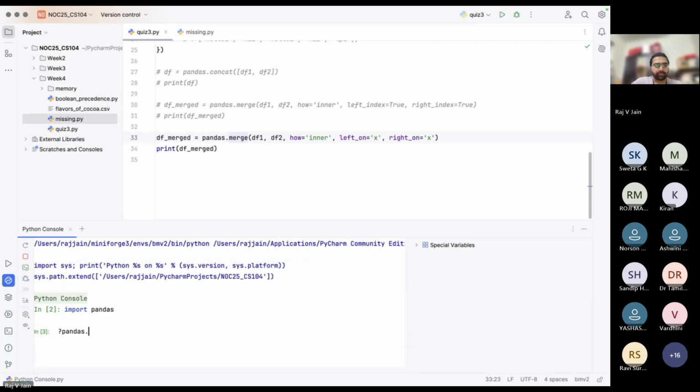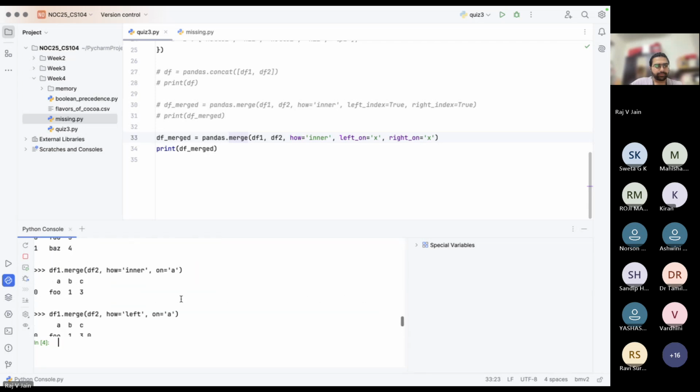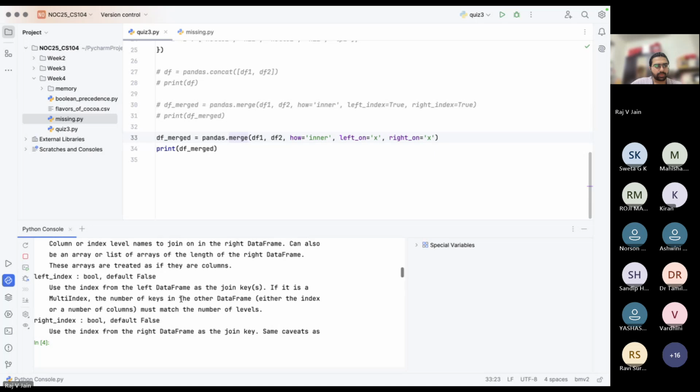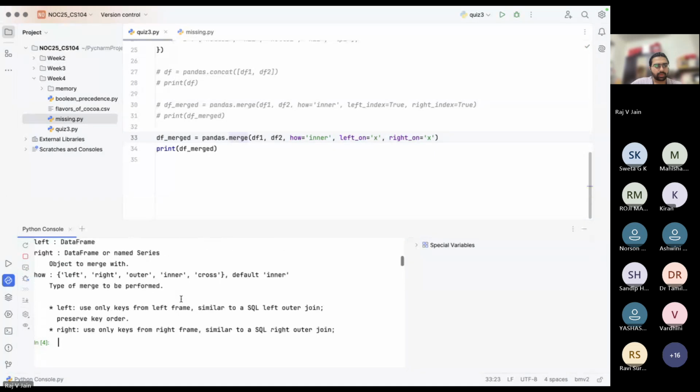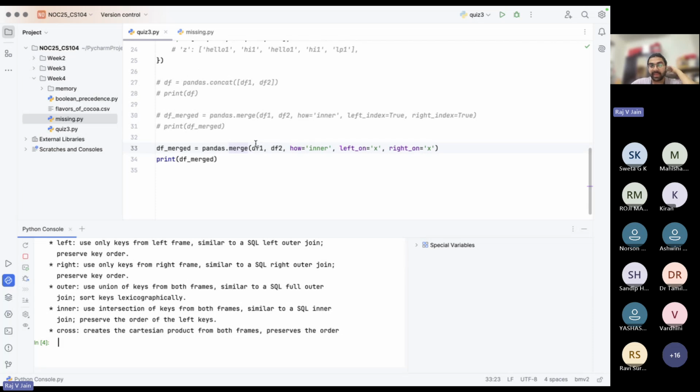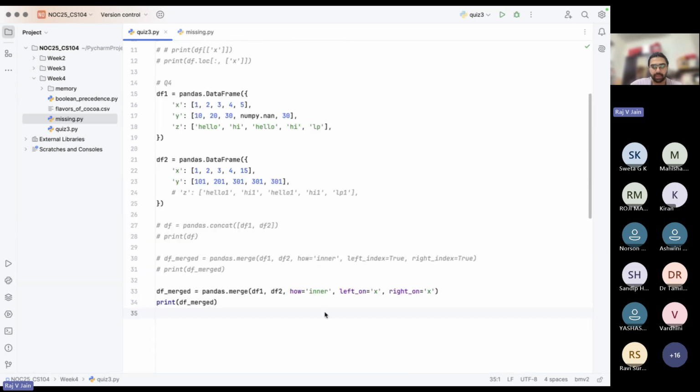So left would make sure all the elements in the left data frame are present. Right would make sure everything in the right data frame is present. Outer would make sure everything has to be present, right? So how does the data frame look like then? How will it look, let's say if I do outer,